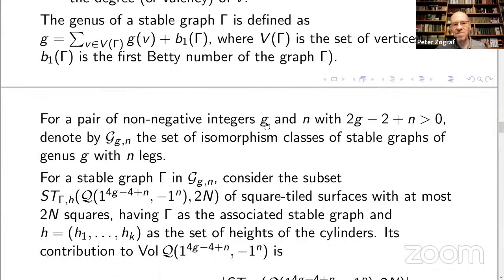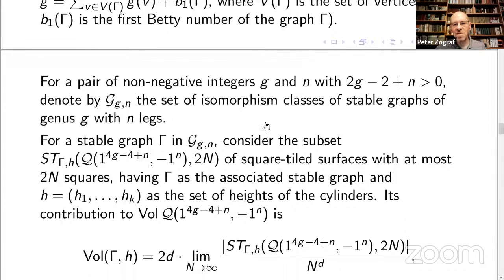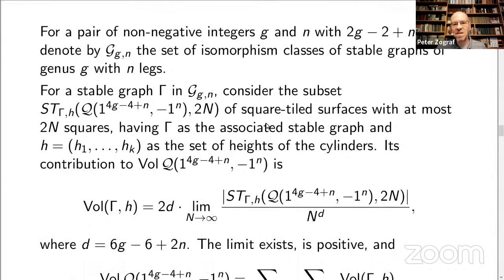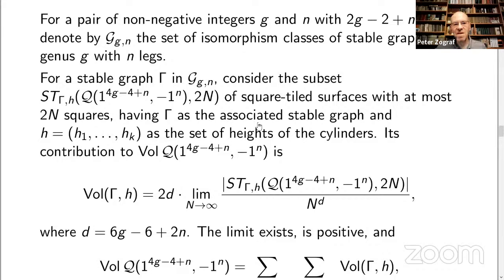For a pair of non-negative integers g and n, with the condition that 2g minus 2 plus n is larger than 0, denote by G_{g,n} the set of isomorphism classes of stable graphs of genus g with n legs. For a stable graph gamma in G_{g,n}, consider the subset of square-tiled surfaces with at most 2n squares, having gamma as the associated stable graph